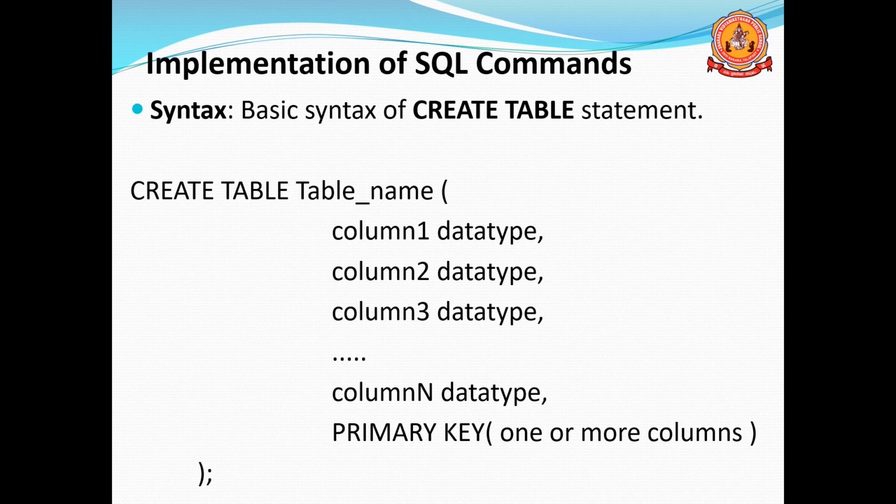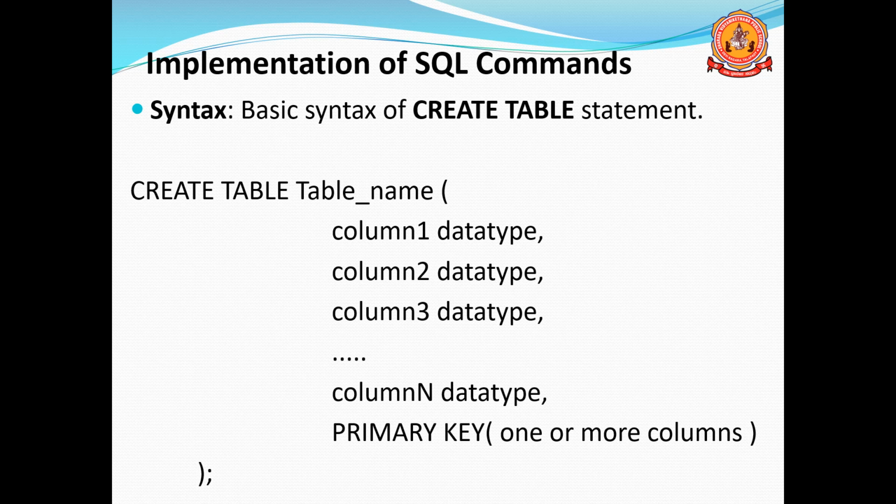After giving the table name, next is the open parenthesis. Next we can specify the different columns. Column 1 with the data type of that column, next comma. Next one is column 2 data type, after comma, the next one is column 3 data type, comma. So like that each column should be separated by the comma operator. Then n number of columns is also possible. In a table we don't know what is the total number of columns required, so it is possible to create with n number of columns.